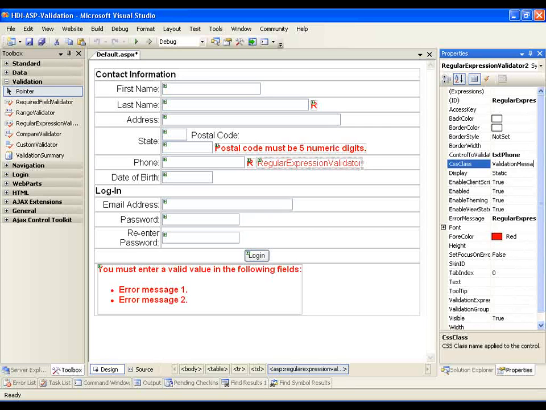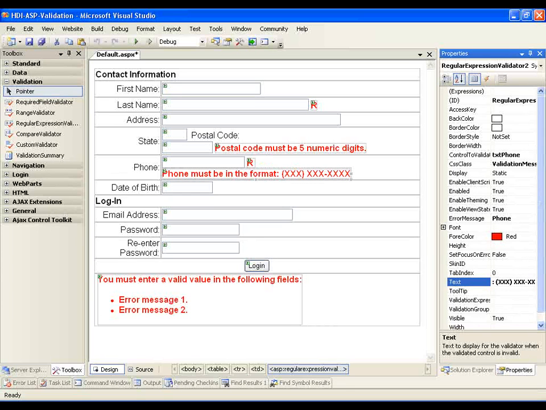Set up our formatting. The error message we want displayed in the summary is the phone field. The text we want to display out to the right is phone must be in the format area code space prefix